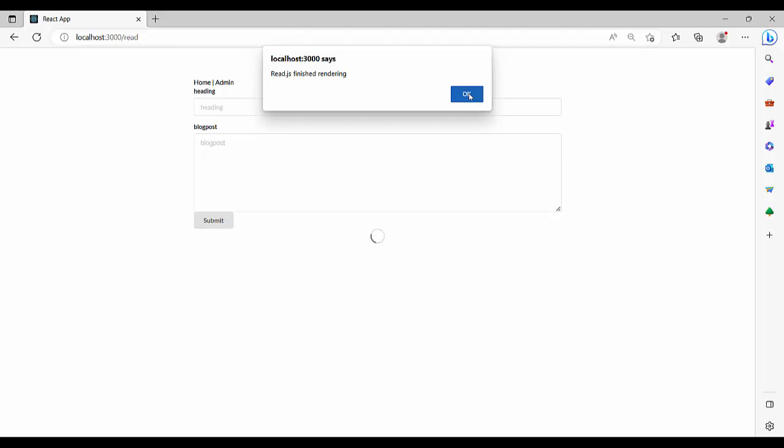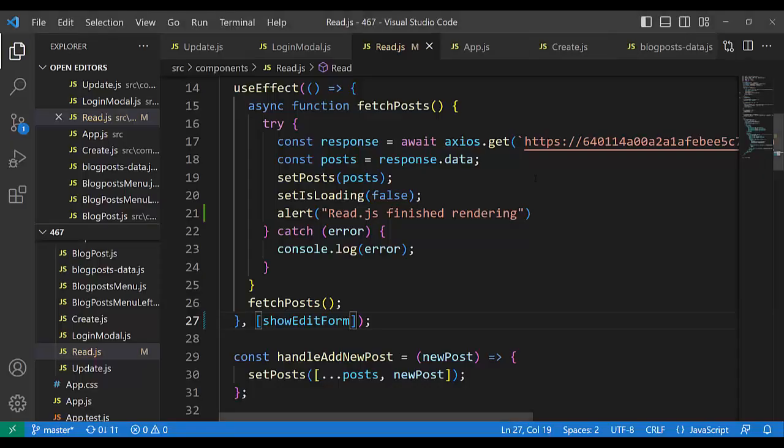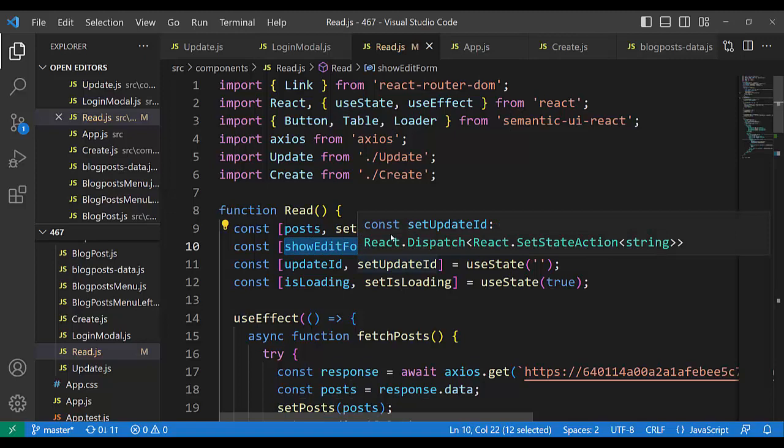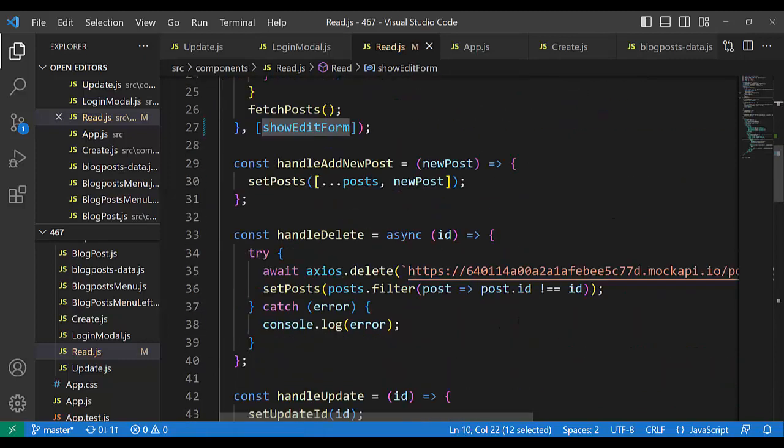It is initial rendering. Okay, and we look at all posts. Now, when I click update, we have show edit form being false. Show edit form being false. Show edit form being false. Here it is. But when we click update,